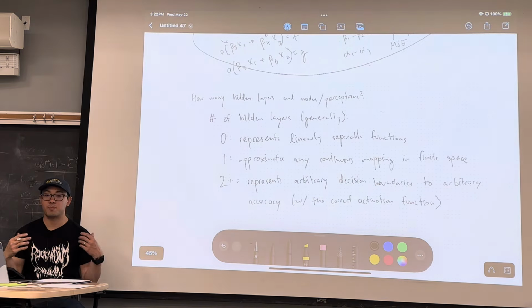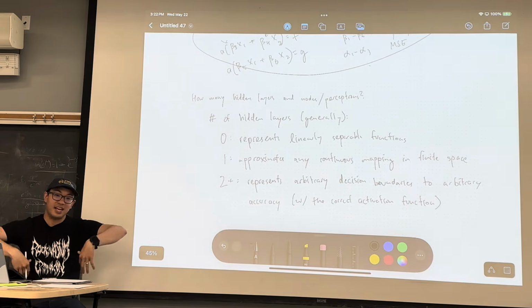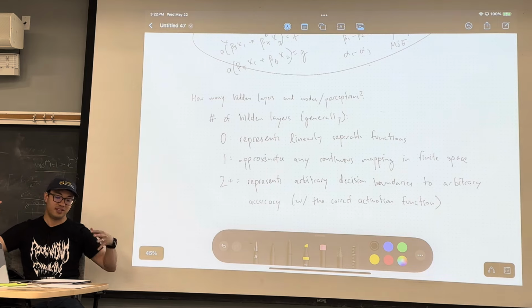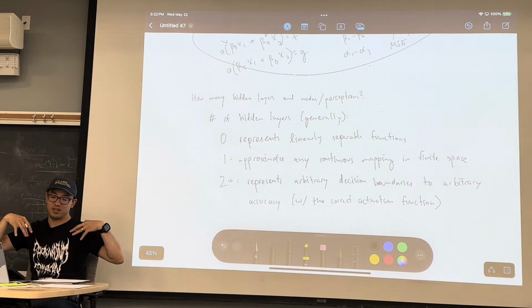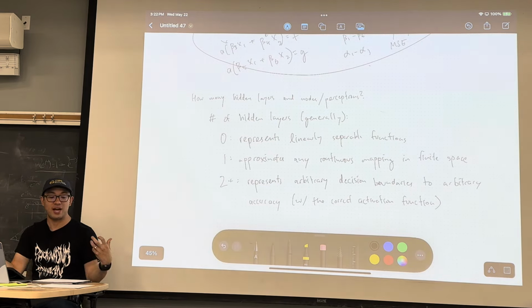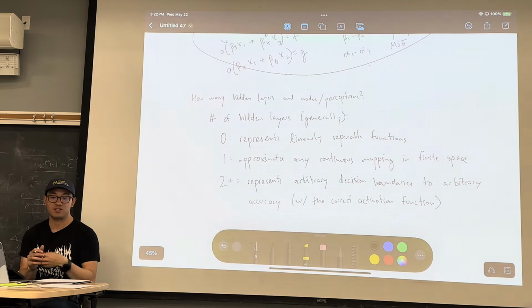So it is possible to map any function to a good degree of accuracy if you're using the correct activation function with even 2 hidden